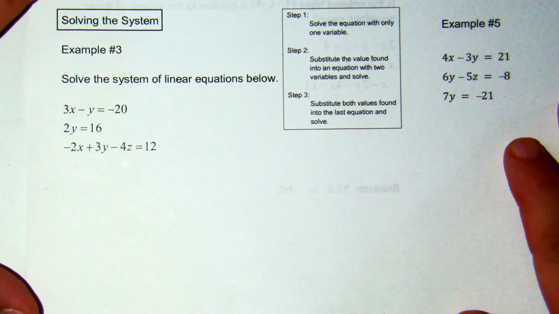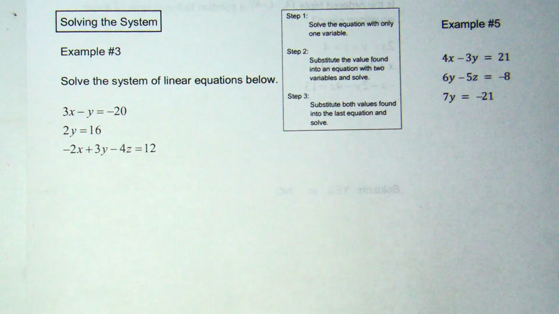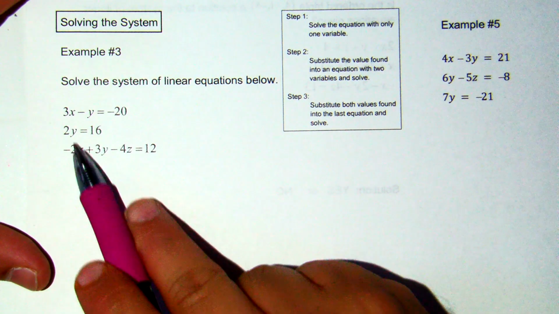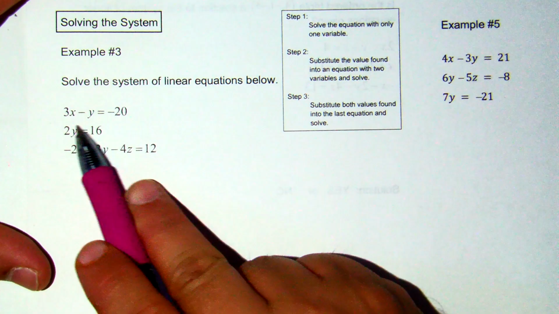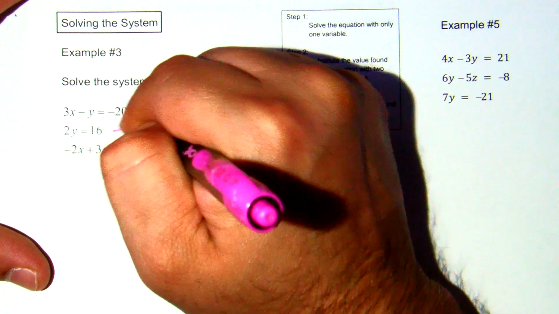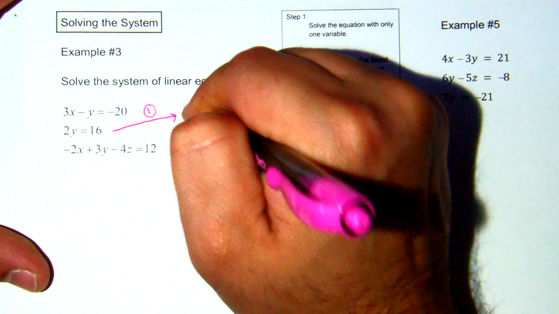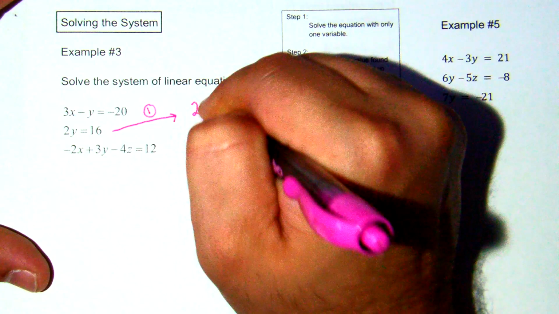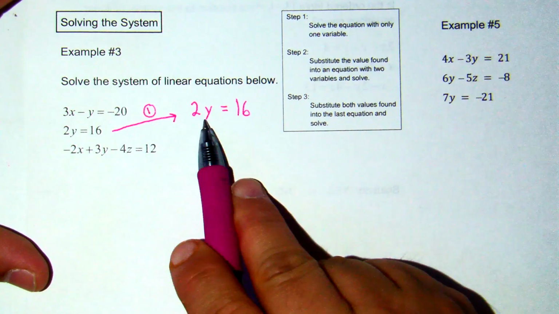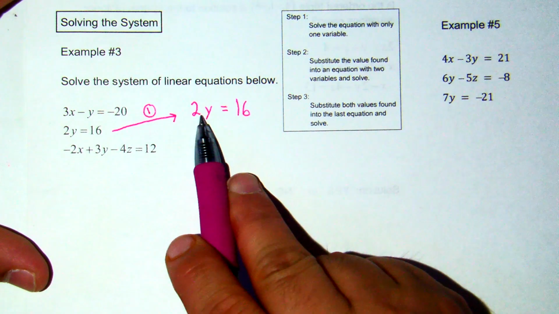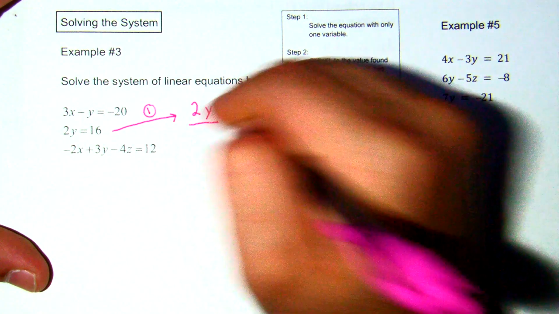Alright. Where we want to begin is we have 3 equations. We want to start with the equation that has one variable. One equation, one variable. I can solve it by undoing PEMDAS and doing the opposite operations. So here we get 2 times y equals 16. I need you to understand that when I put a number and a letter next to each other, nothing in between them, it implies multiplication. So then the opposite of multiplication